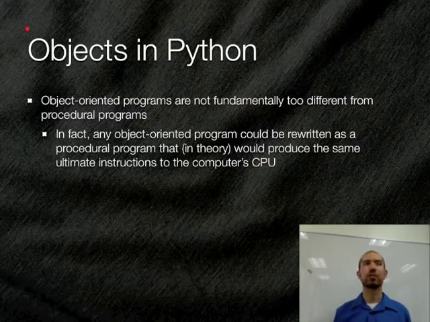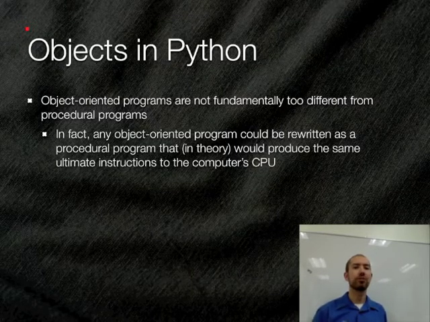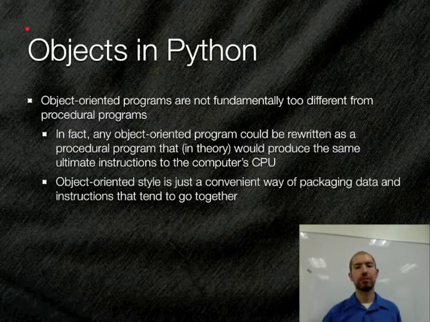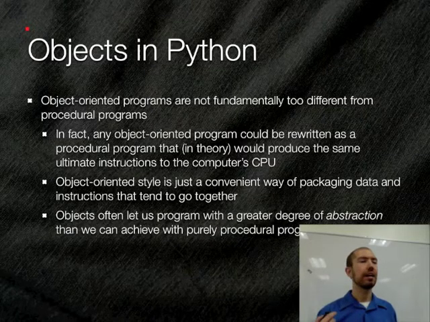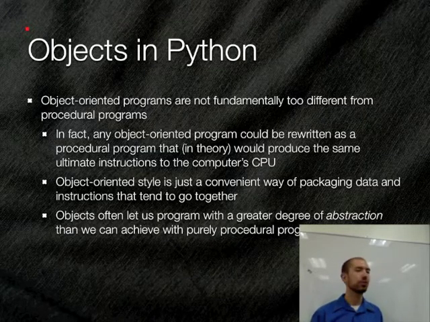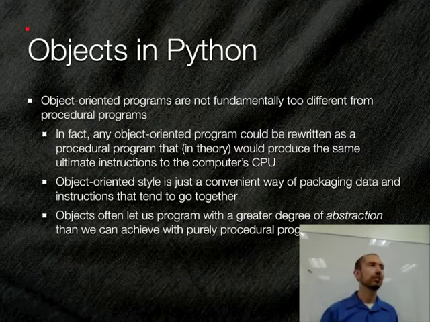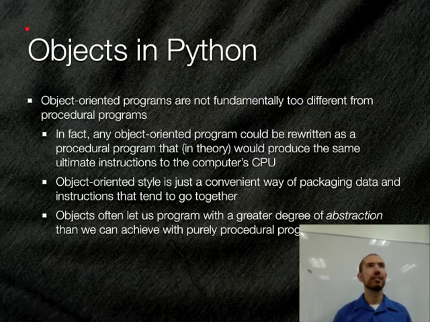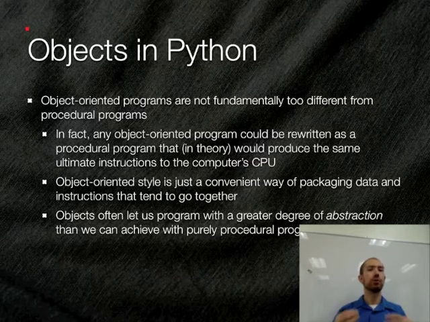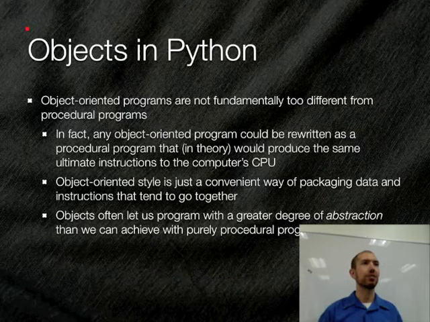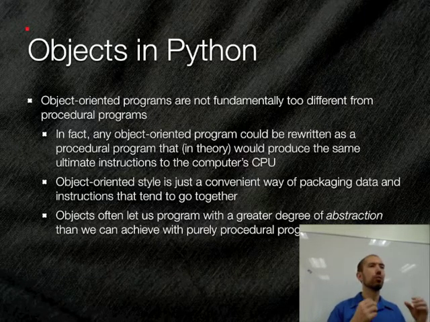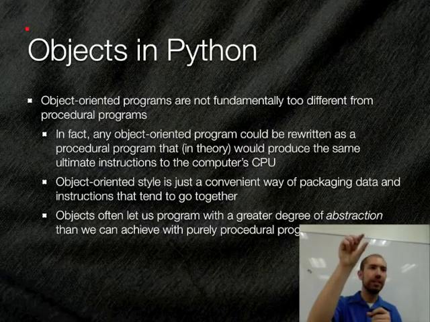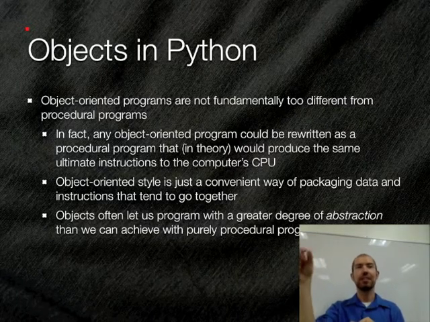So it's just a question of whether it's easier for us to think of our variables and our functions as objects or whether it's easier for us to think of them separately. So it's just convenient for us. And basically what object-oriented programming offers is a greater degree of abstraction. So abstraction in computer science terms is basically the idea of the more abstraction you have, the fewer details you have to worry about for yourself, right? So you'd say something like assembly language, where you're telling the processor line by line exactly like take this little byte of memory, move it here, take this byte, move it here, now add them together, now put the result here.